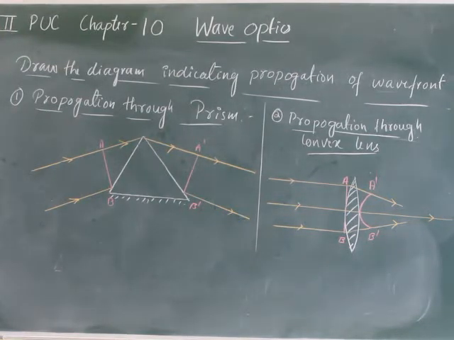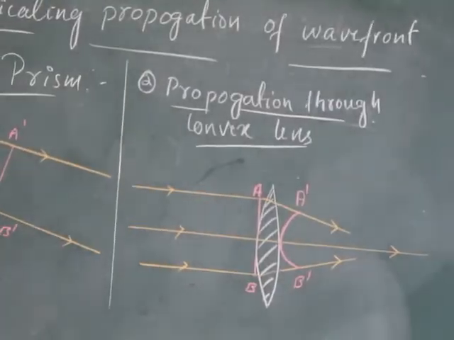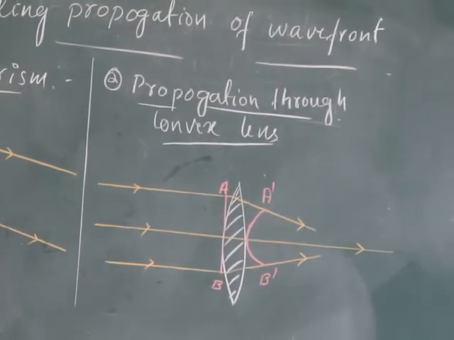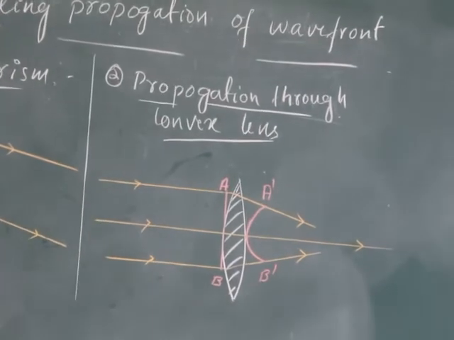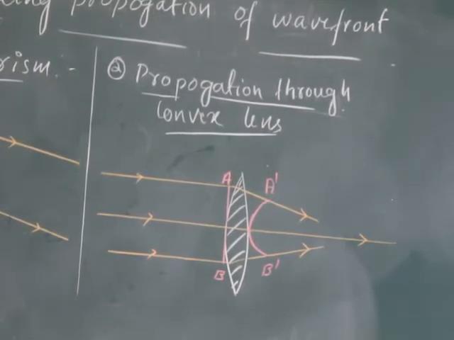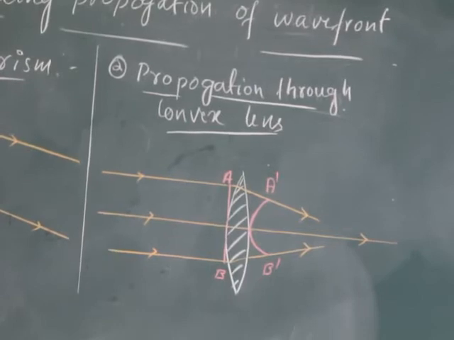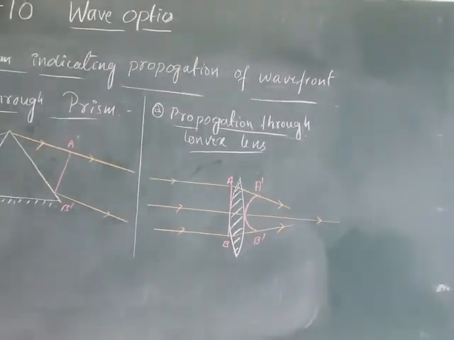So that is how in the case of a convex lens or converging lens we can understand the rays of light, that means wave theory, how it behaves in optical instruments. So that is what the diagram is. So A dash B dash is the secondary wavefront soon after the refraction of light by the optical medium, that is the convex lens. So AB is a plane wavefront. Okay, hope it's clear for you. Okay, fine.